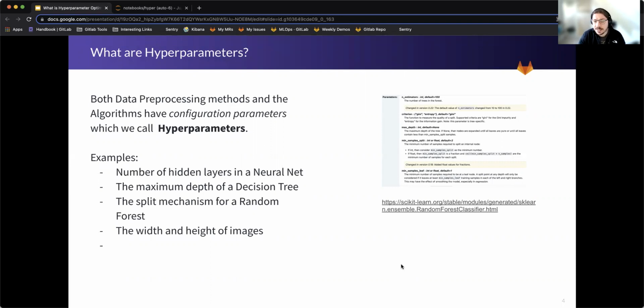Some examples of this: if you have a neural net, the number of hidden layers that you have in there. If you have a decision tree, the maximum depth of the decision tree, or how many different cuts you can have. On the random forest, the sampling, how many features you're going to use. If you have images, the width and the height of the image after transformation can be considered hyperparameters as well. So anything that you pass that changes the behavior of the model training,